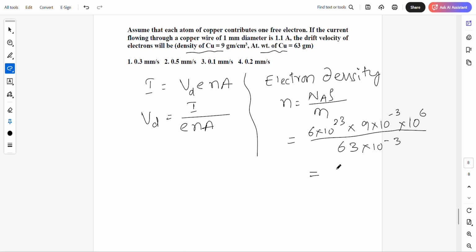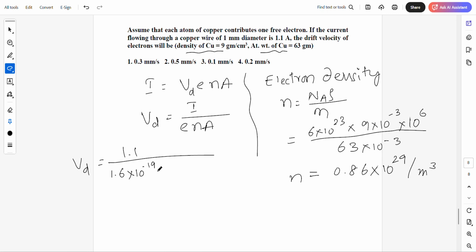If you simplify this one, you are going to get 0.86 into 10 to the power of 29 per meter cube. Okay, electron density, that is n. Now you have to substitute this value of electron density here. Vd is equal to I, and I is 1.1, divided by 1.6 into 10 to the power of minus 19, understood? And n we just calculated, that is 0.86 into 10 to the power of 29,